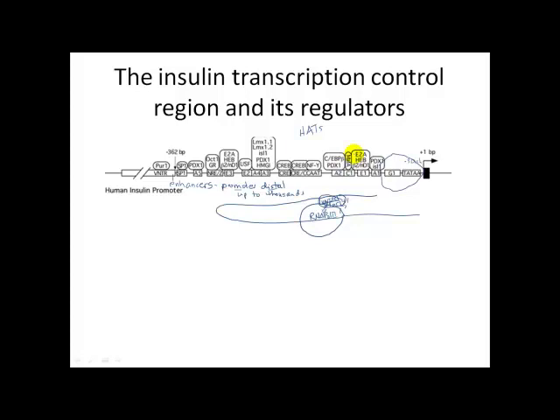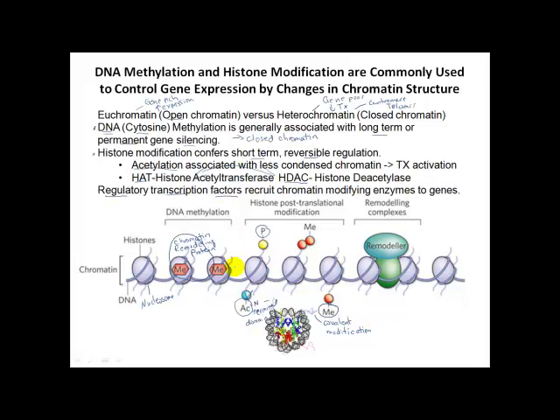So some of these transcription factors could actually not be directly interacting with RNA polymerase, but actually binding to a HAT enzyme and recruiting it to a promoter region to change chromatin structure. And so these are chromatin modifying enzymes that are modifying chromatin by covalently modifying the histone proteins that DNA is